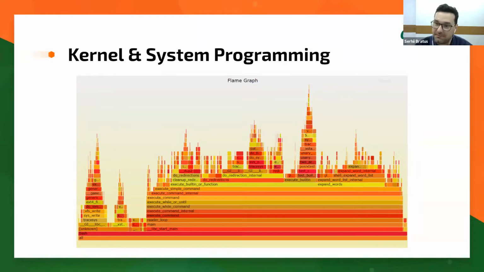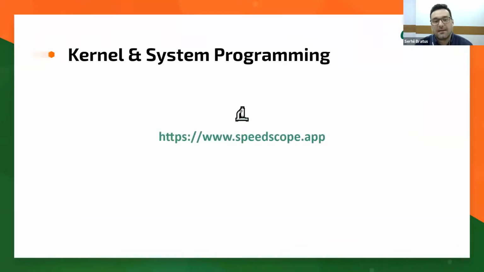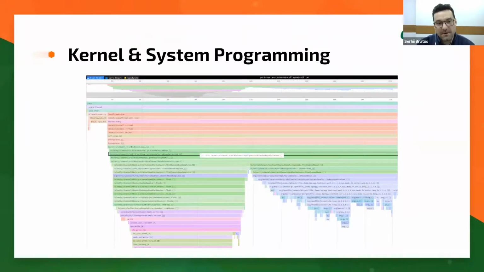But sometimes you want even more. And again, I recommend one more thing, which is called the SpeedScope app. This is basically a website, and you can find the source of it, how it actually works, and you can probably run your own. What this does is basically the flame graphs that we were discussing before, but in a little different way.